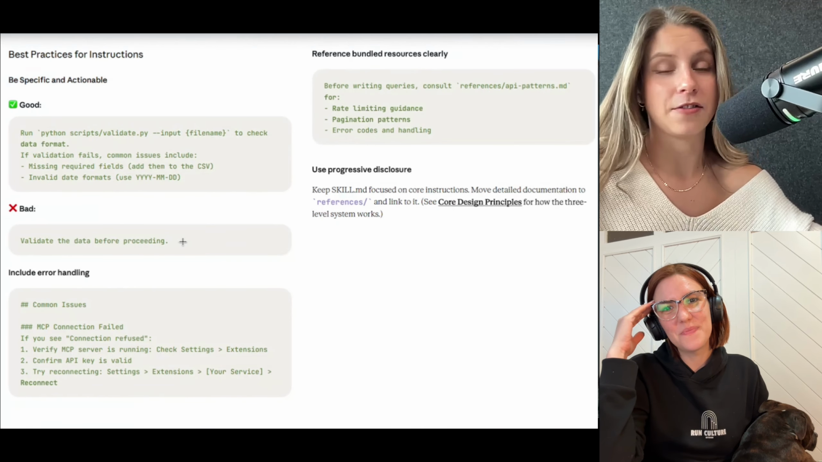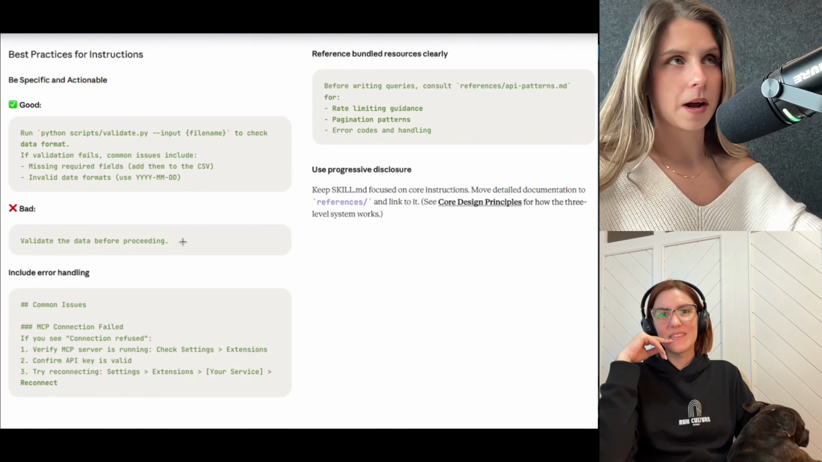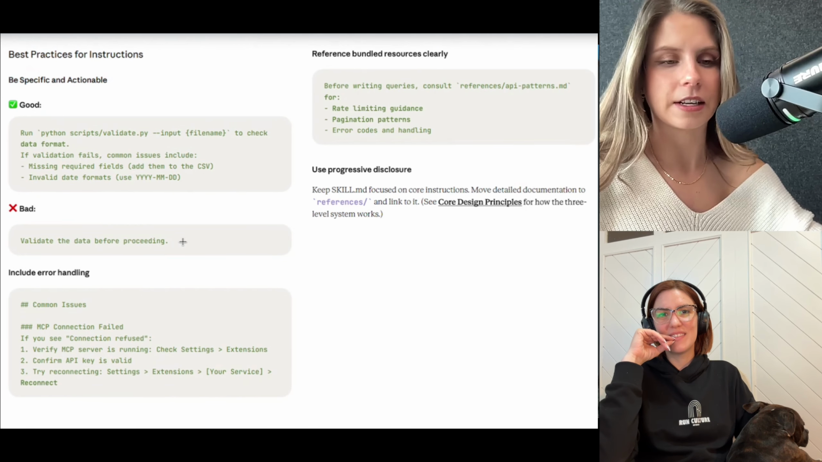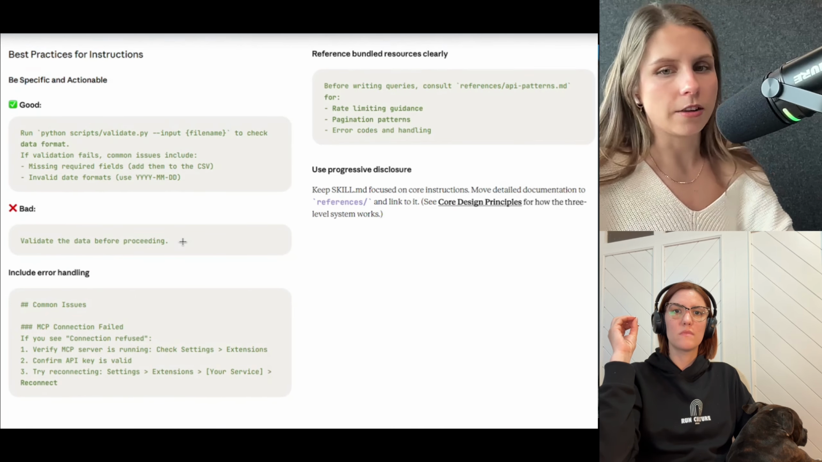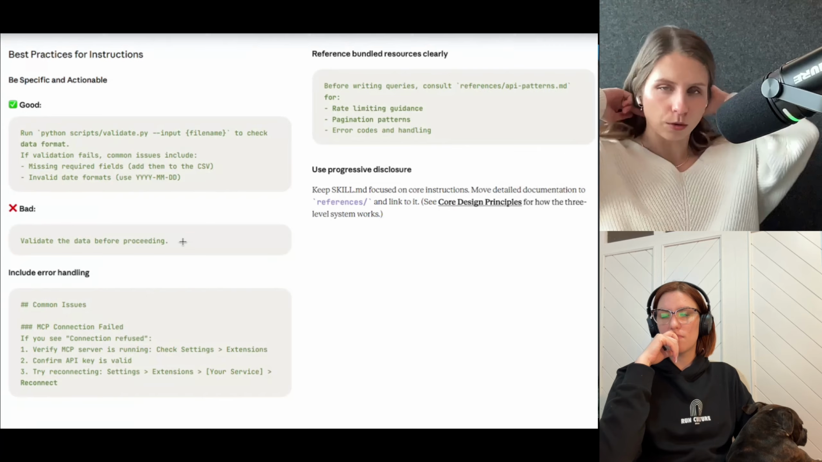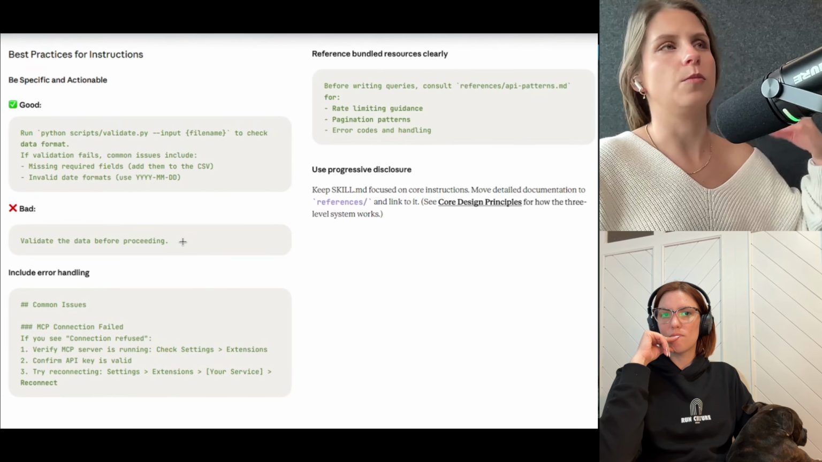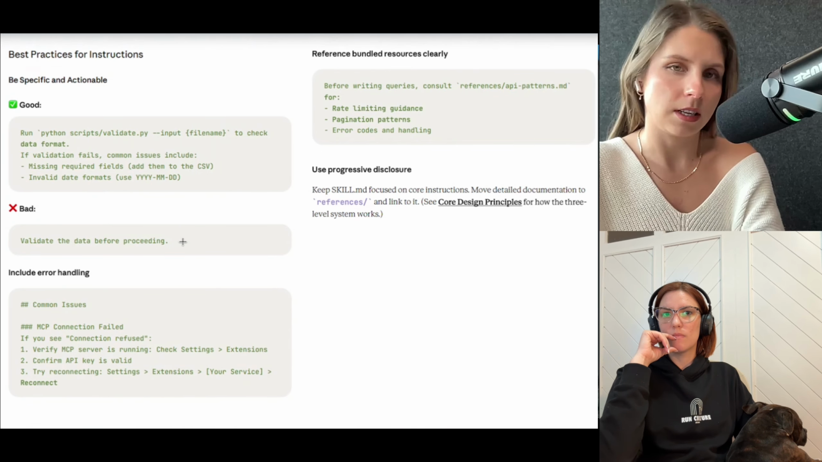I have stuff kind of everywhere. I'm not too bad at organization, but if I'm put on the spot, I can't fully guarantee that it's there. Anthropic even says it here: you should keep your skill.md focused on those core instructions. Don't include every single detail that you possibly might want,